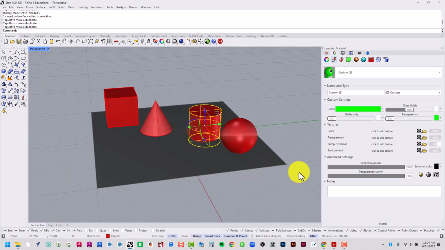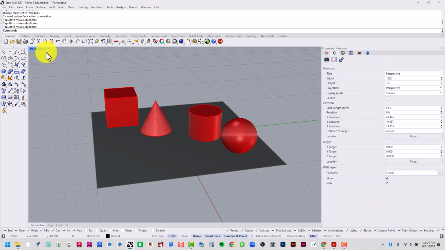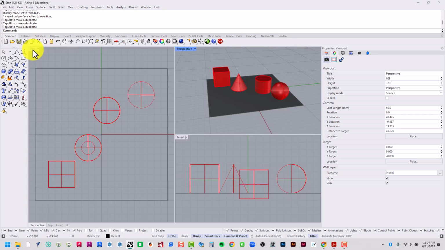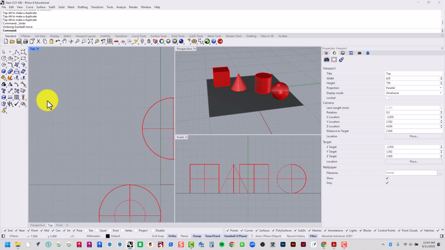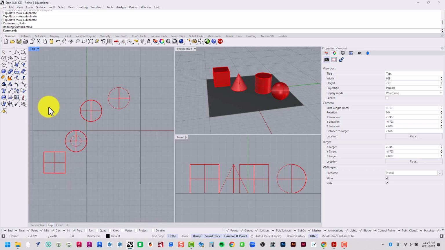Next thing I want to do. Let's go ahead and start using some commands. I'm going to move. I'm going to undo. Click on this little button here, or type in undo, or use Control-Z to undo. We're going to move some of these items around. I'm going to select the cone,